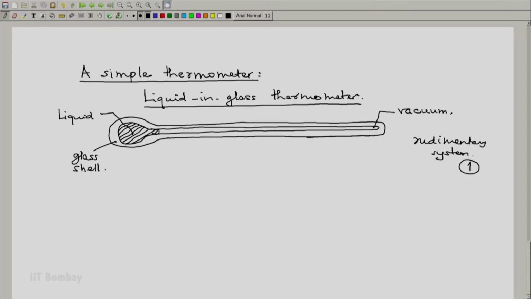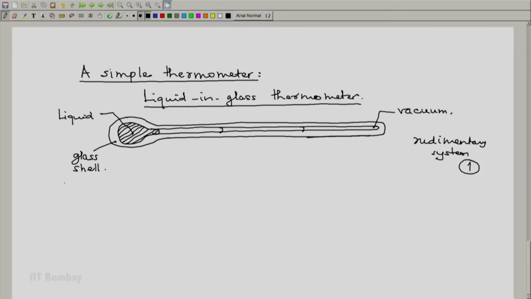And what would be that property? That would be the length of the liquid thread in the capillary. As you play with this, you will find that if you put it in cold water, the liquid may be up to here. If you put it in warm water, the liquid may be here. If you put it in frozen ice or something, it may go right up to here. Let us not do dangerous things like putting it in an oven and see whether it shoots out. That is possible. Now, using this, how do we label isotherms?